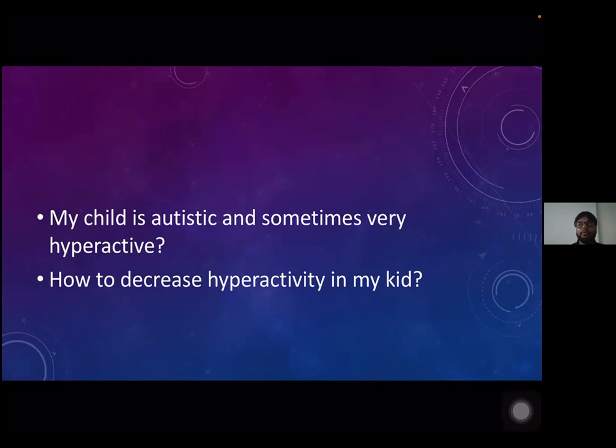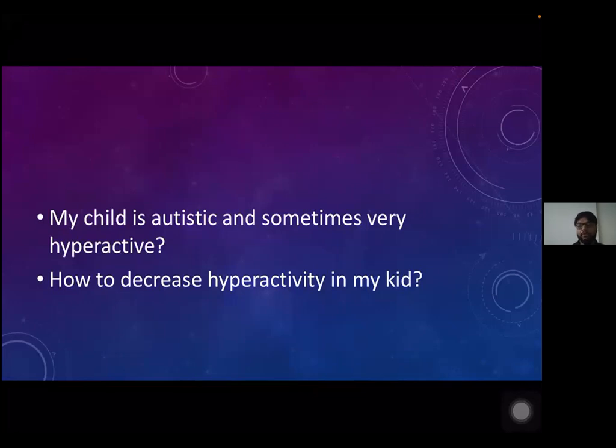At times we see that the child behaves in a very different way once they are in some crowded area. So with practice, as sir has already mentioned, we need to make it a daily routine, slowly and gradually. The parent needs to have a lot of patience in decreasing the hyperactivity and cooling them down. It can happen only with behavioral practices and the parents' intervention, though the therapist's role is important. But here the parents also need to keep the patience and keep repeating the things, like this environment, you need to keep repeating.